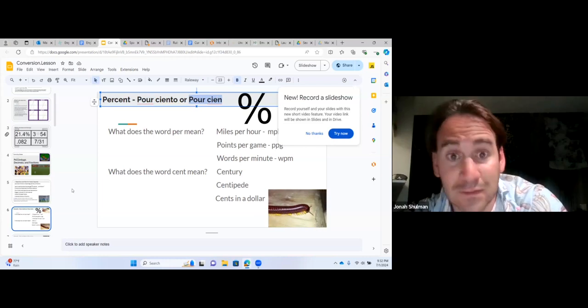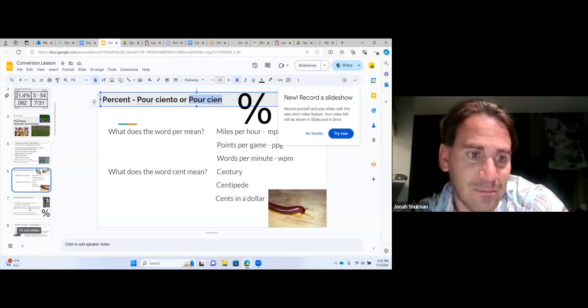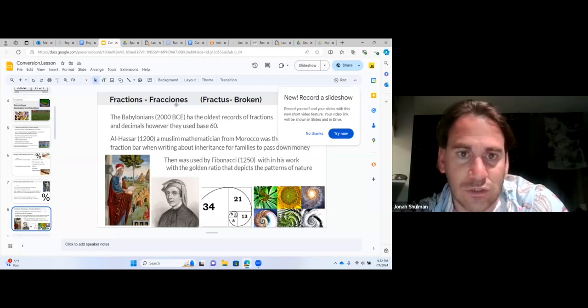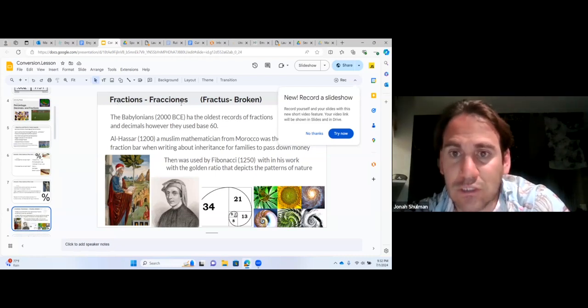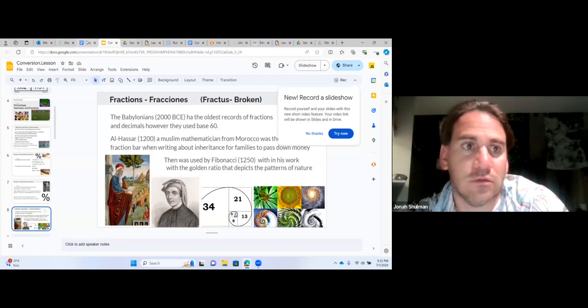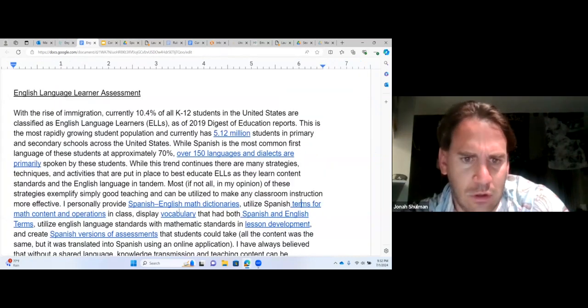Right away, right at the top, really trying to make it seem, this is what I was talking about, fractions. So really trying to make it seem like every one of these words I'm trying to make comparable. All right, so